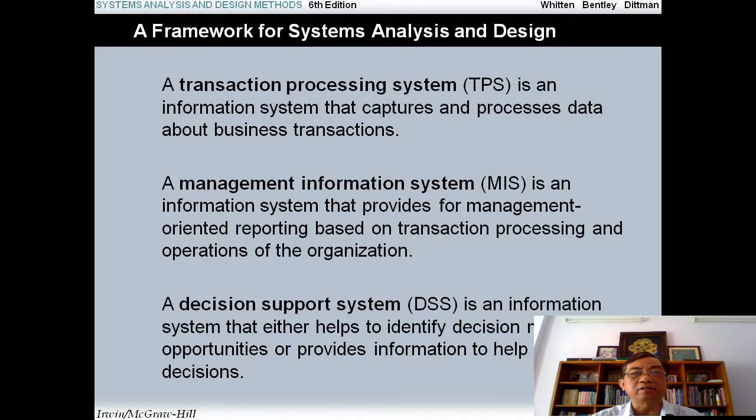A transaction processing system, TPS, is an information system that captures and processes data about business transactions. A management information system, MIS, is an information system that provides management-oriented reporting based on transaction processing and operation of the organization. A decision support system, DSS, is an information system that either helps to identify decision-making opportunities or provides information to help make